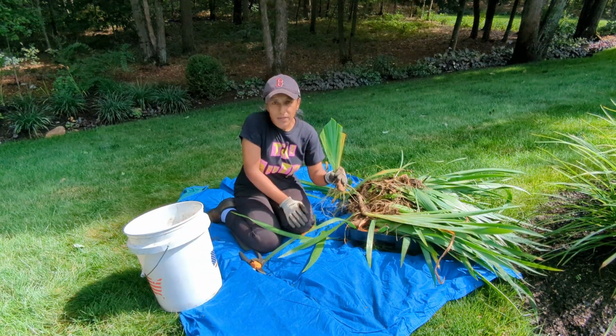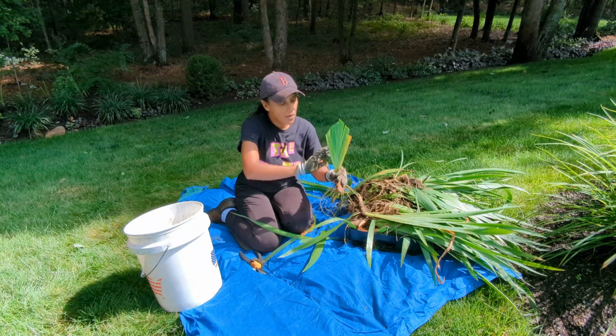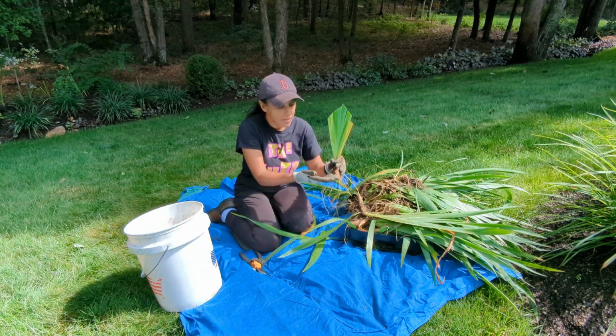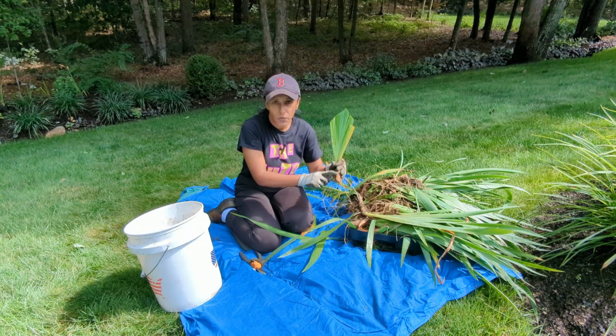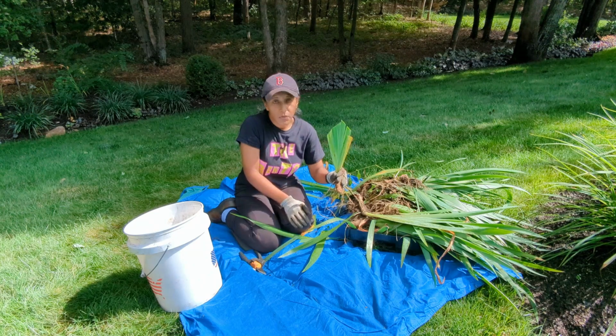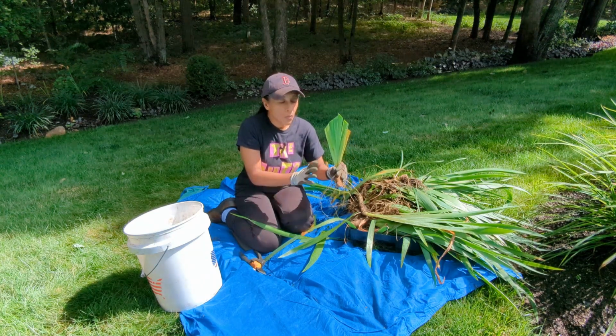The reason that I'm doing this is because, first of all, I want to make sure I leave some green here so that it continues to photosynthesize and feed this tuber for next year. The other reason that I've cut it back to about 6 inches is because once I plant it,